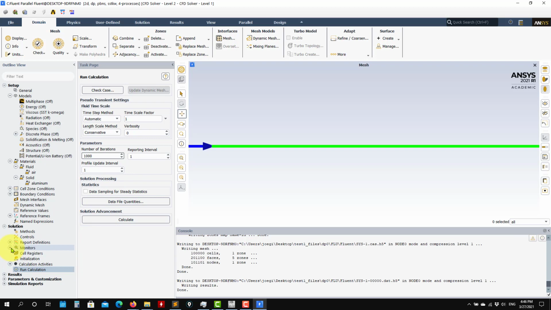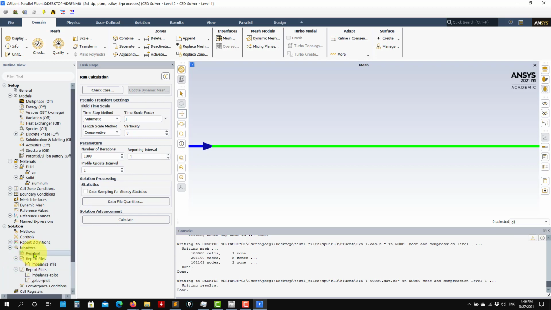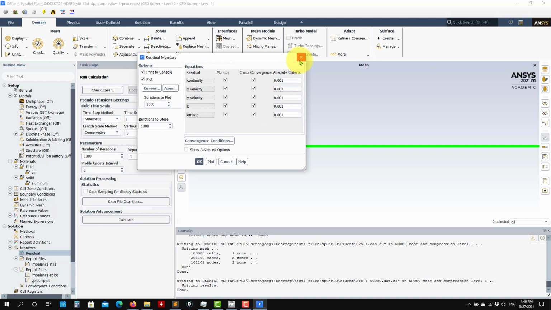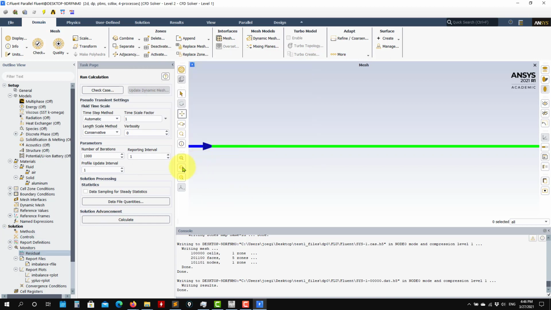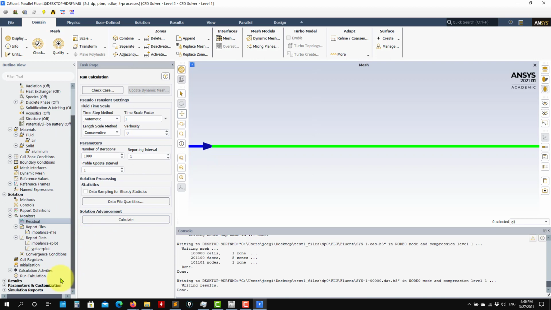You go here into monitors, see here residuals. Here's where you have your absolute criteria for each equation that you are solving. So when you reach this absolute criteria, it will stop, okay? Whatever happens first. Most of the time you reach this in steady simulations. So at this point, we're done. Press calculate